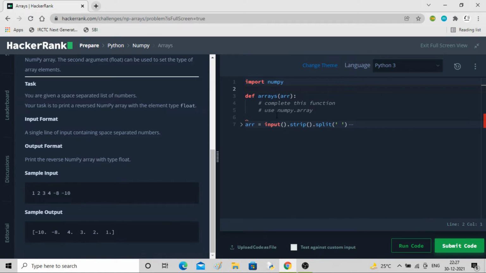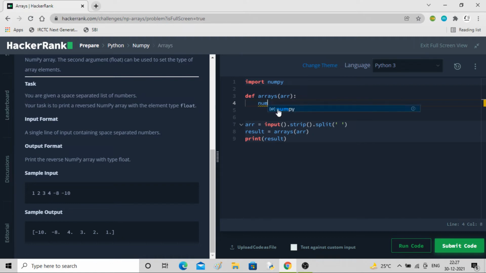If you come here, you can see this is the format given to us. We have to finish this function using NumPy array. Here you can see the input is taken with dot strip dot split, then the result is arrays of array, and then print result. They are calling a function arrays, and here we have to finish it. NumPy is already imported, so we just have to reverse it and convert into float. Let me reverse the array.